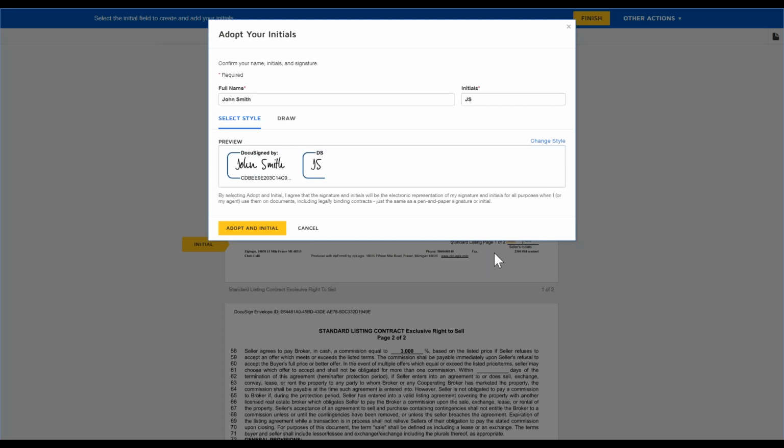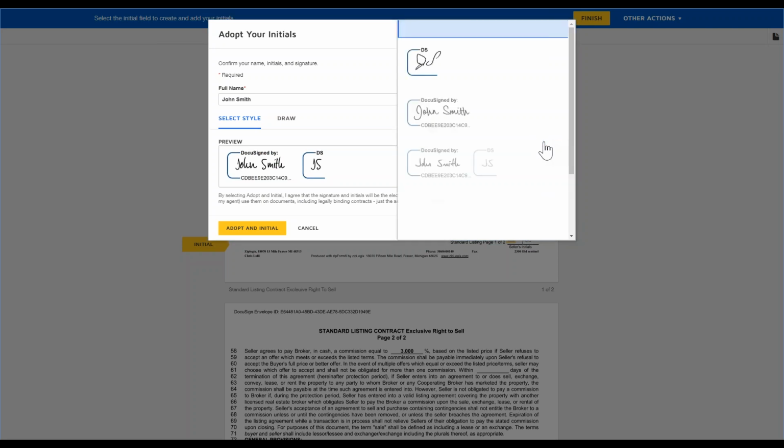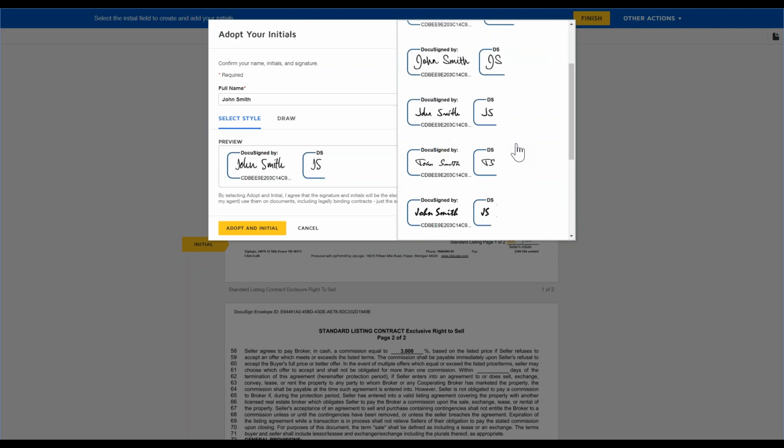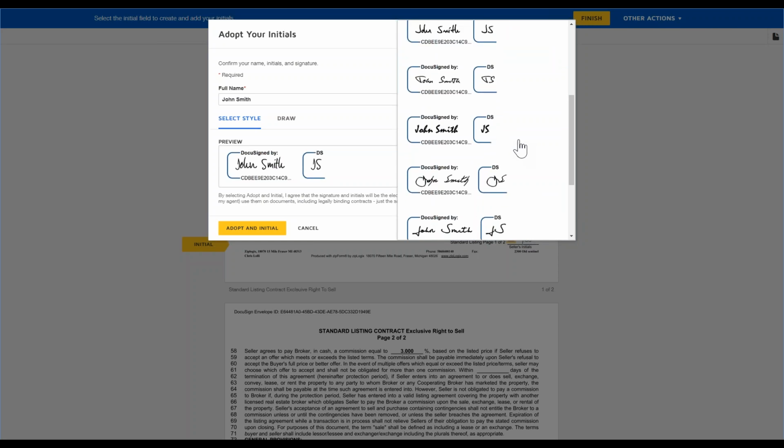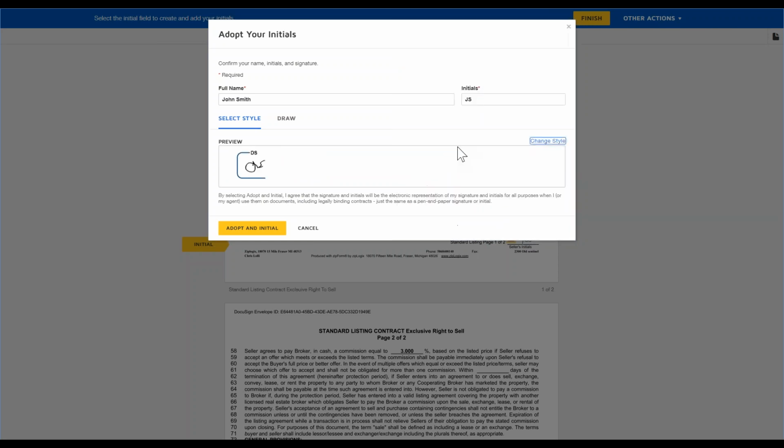If you guys have any questions, you're free to ask them now, because it's going to be the same steps corresponding to the appropriate parties here. So it's very identical. And then the last thing I'm going to do is show you some really cool nifty tips and tricks, like the lookup field manager and a couple other things when we get done with this one here. I'm going to change my style here. Let's go with, let's do this one. Adopt an initial.